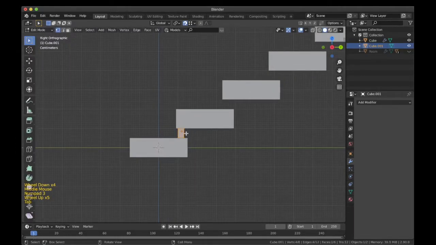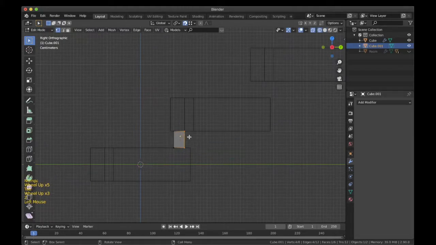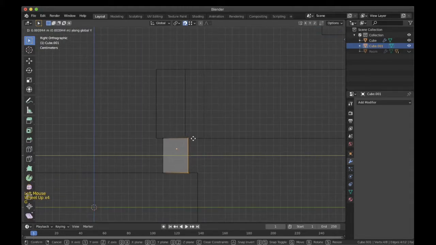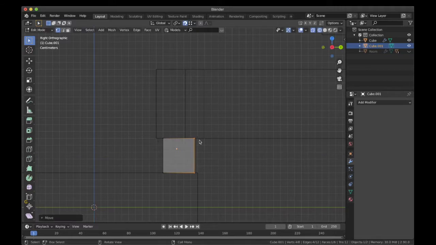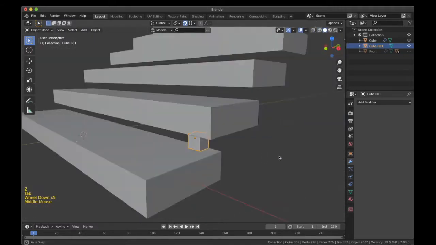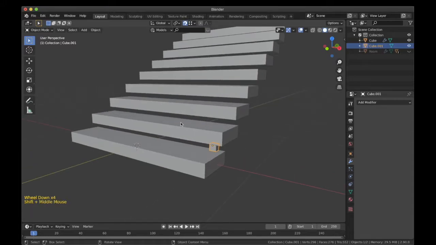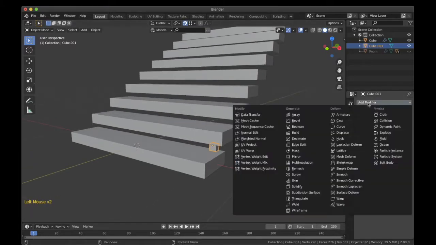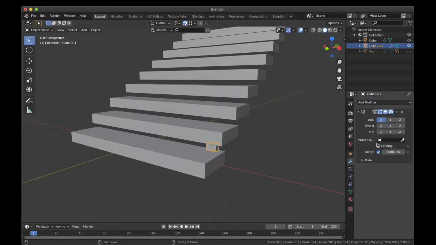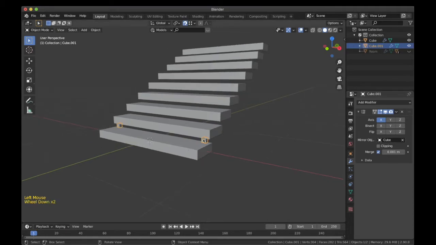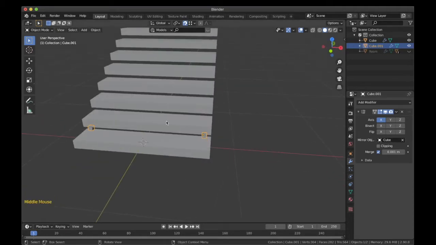What I can do is I can increase the width of it as it is looking too fragile right now. Yes, this should work with a scene. Now as the support won't be only on one side, it will be on both the sides. What I will do is I will use a mirror modifier for this and duplicate it on the other side. The mirror object would be the step for us. So this way the support is using the step as a mirroring axis.